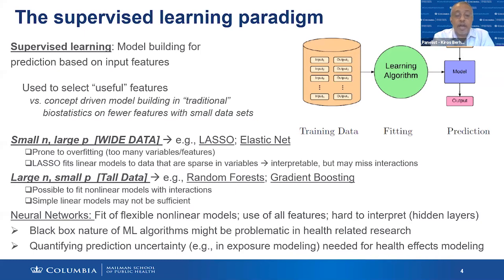And then of course we have techniques like neural networks that fit flexible nonlinear models. They use all available features, but they're hard to interpret because they have hidden layers that may not be amenable to health effects research. So the black box nature of machine learning algorithms might be problematic in health-related research. And of course, when we're talking about health effects modeling, we need to have some way of quantifying uncertainty in the predictions,